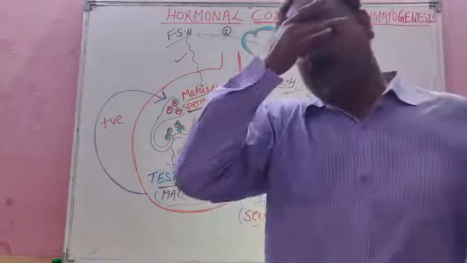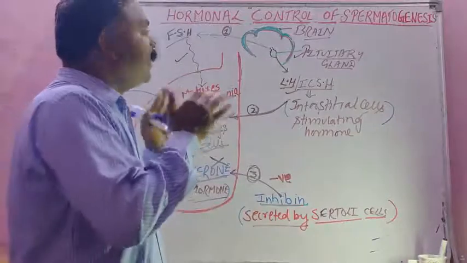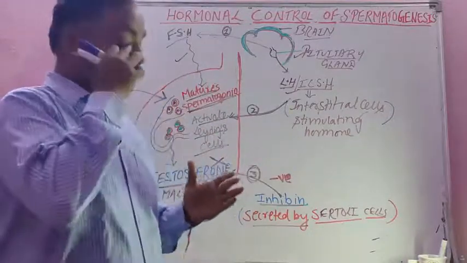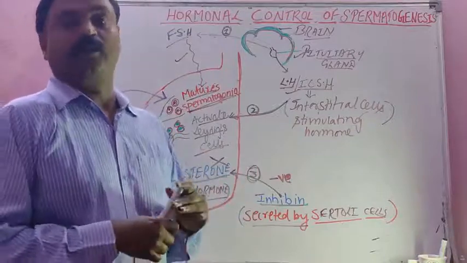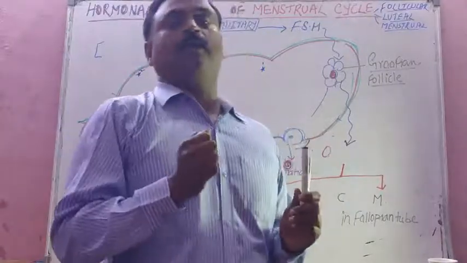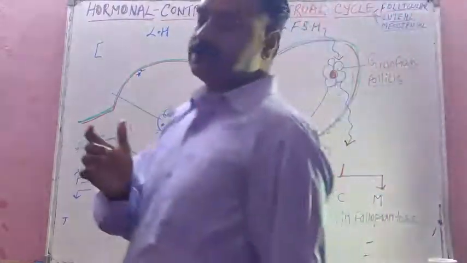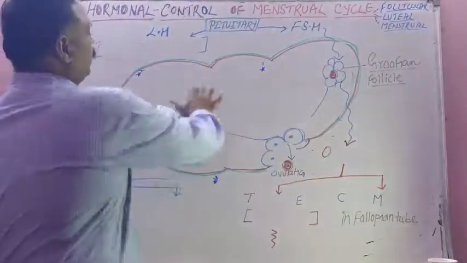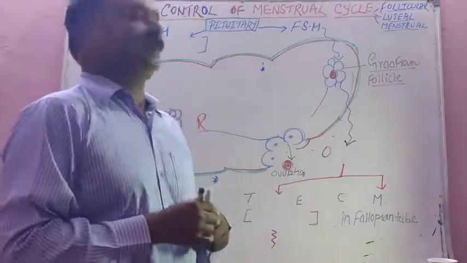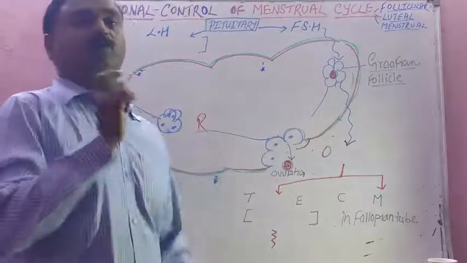And students, hormonal control of oogenesis you will study in a larger description, that is hormonal control of the menstrual cycle. Students, now we are on the backbone topic of the chapter, human reproduction. This topic will help you learn two to three more questions of this chapter. So this is the backbone topic, and the question is hormonal control of the menstrual cycle.